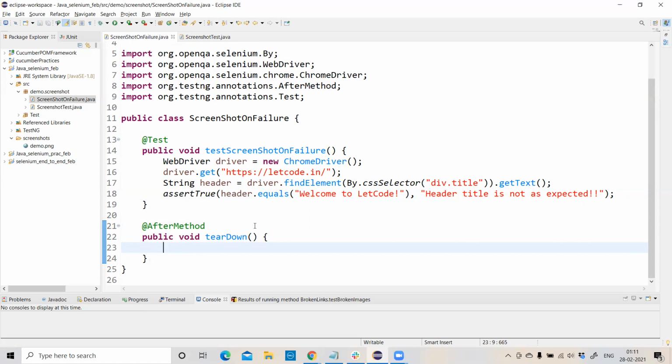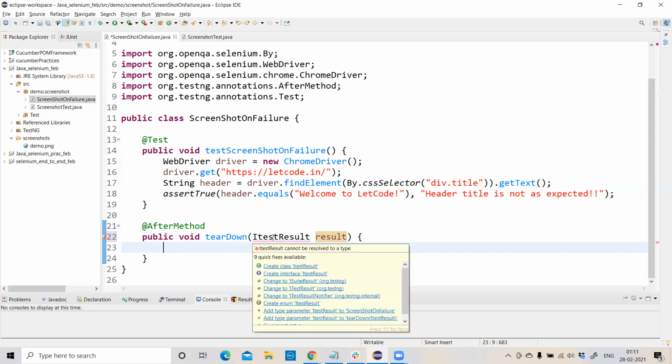Now just pass ITestResult. ITestResult is an interface, guys, which comes from TestNG. Basically, this interface listens to all the results of our test case, meaning whether it is a success, a failure, or it got skipped.